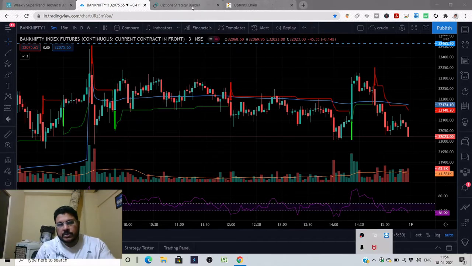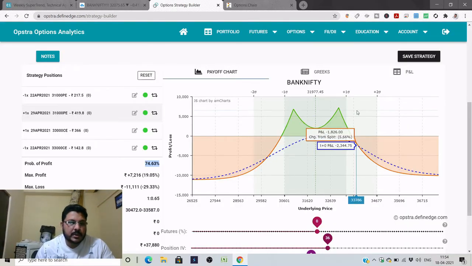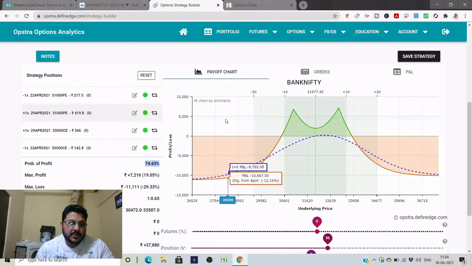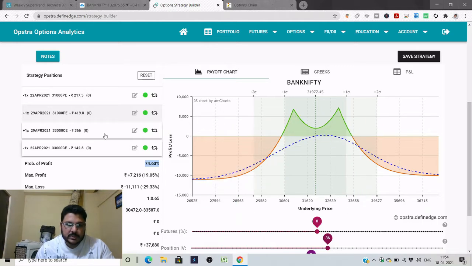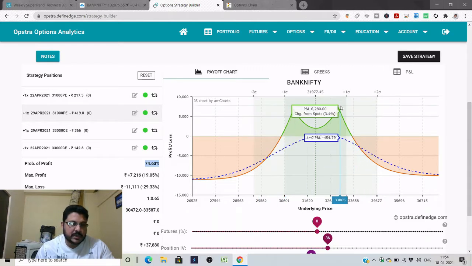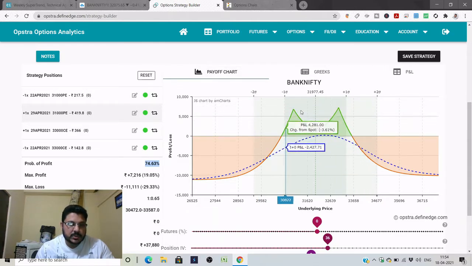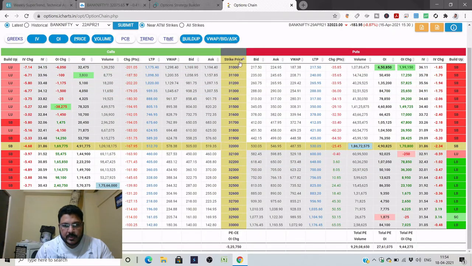So what I'm going to teach you this week is how you can create a position for an entire week and stay happy and ensure that you are giving a full range to the market, and keep watching this at the end of the day or once a day, so that the market has not trended too much. So what we have done is we have actually taken the Bank Nifty option chart, and we have